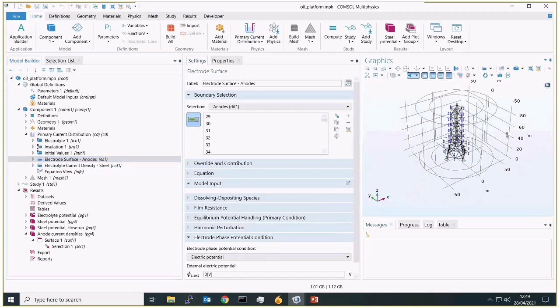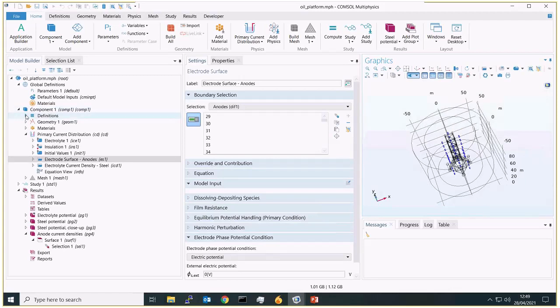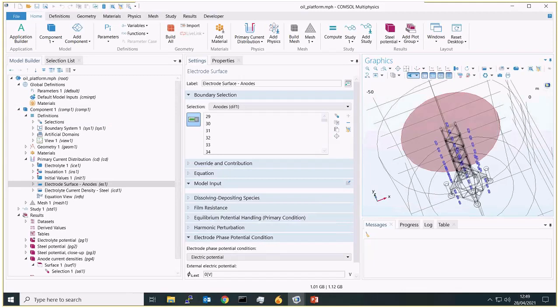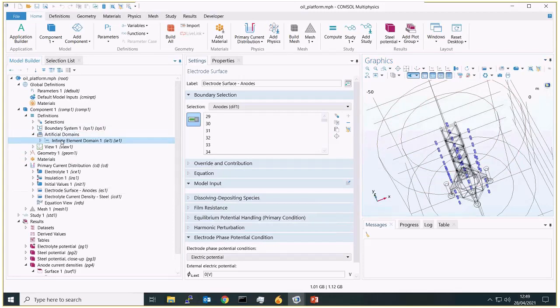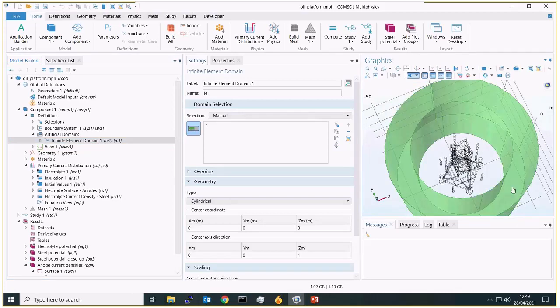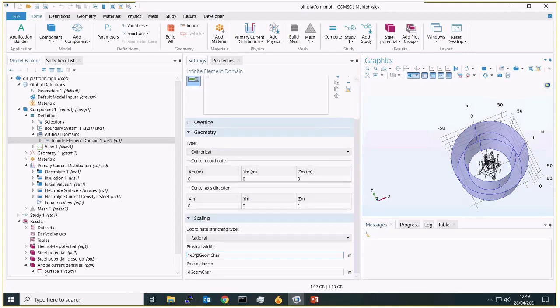And this model here is using the finite element method, but it's also using one of the nice features within the corrosion module to help you simulate larger systems. So this outer cylinder here is represented using an infinite element domain. What this does is essentially stretch the elements in this region. So instead of representing a cylinder which is 100 meters across, this is actually scaling by a factor of 1,000.